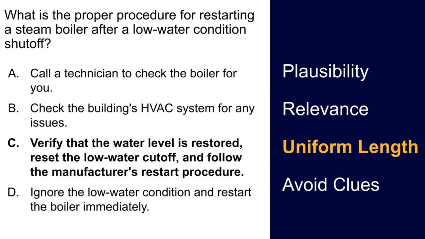When you're writing test questions, making sure that all the answer choices are about the same length is pretty important, because what tends to happen is the correct answer will be really long and descriptive, and all of the wrong answers will be really short. So you'll have one that's quite long and a bunch of short answers. I don't know about you, but if I was to take this test, I would automatically pick C because it's the longest answer. It sticks out. And I might not even read the question. So making sure that all of your answer choices are roughly the same length